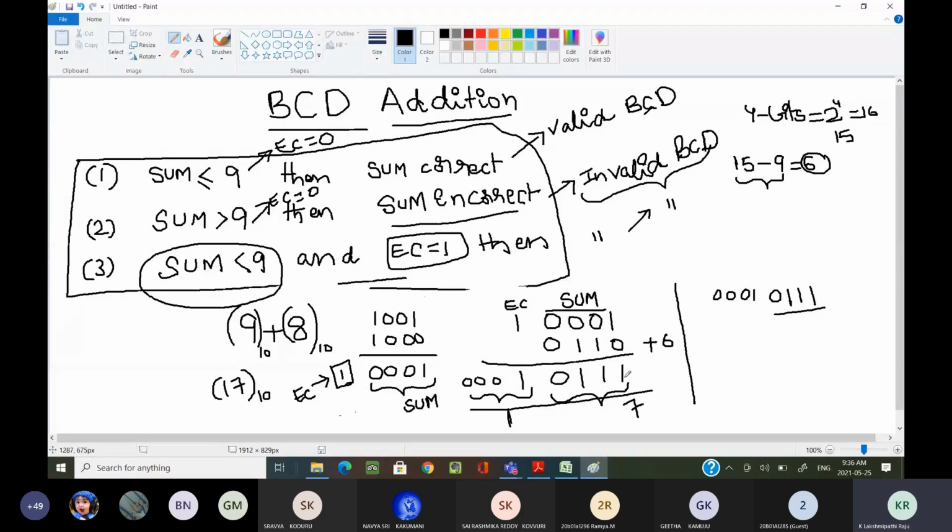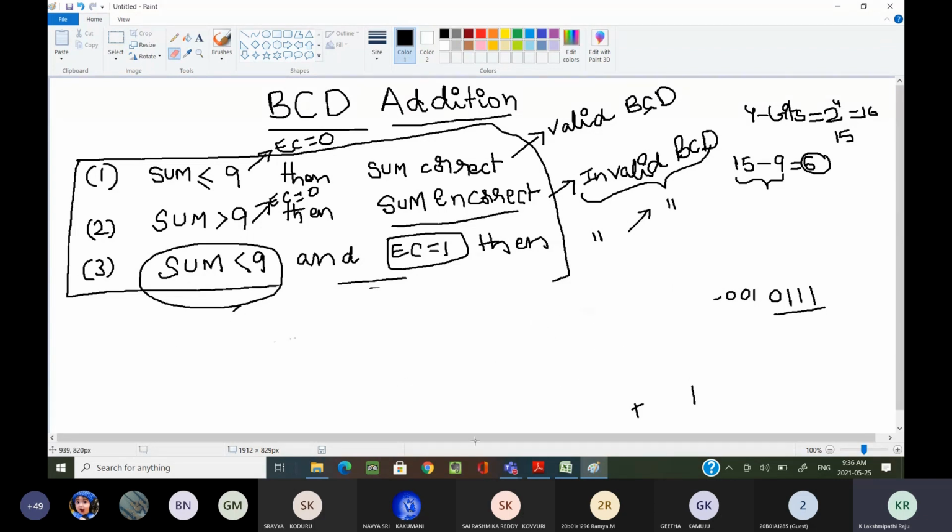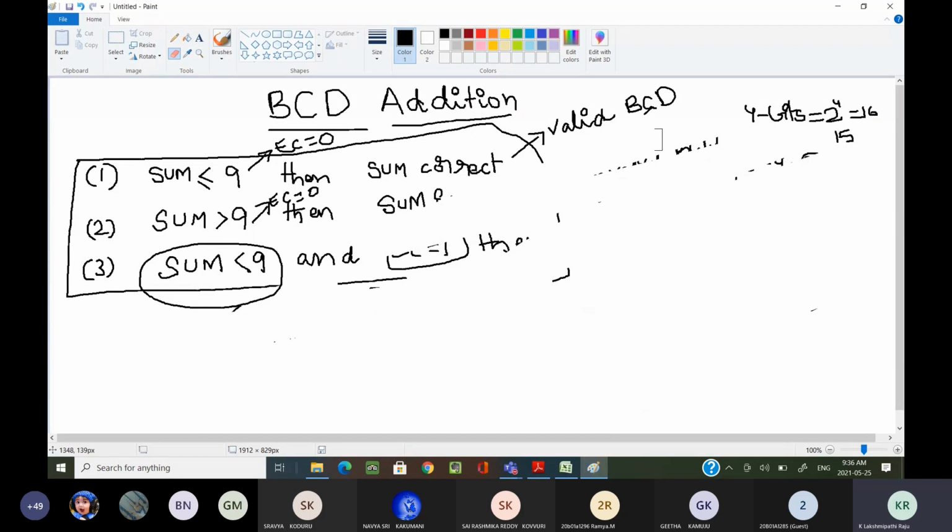Now the examples we have seen are only single digit numbers. Now I can do one more, one 2-digit sum as well as one 3-digit sum. Then we can move to BCD subtraction. I hope you are writing these points in your notebook. Now I can do one more example on a 2-digit sum: how we can perform the two-digit sum and how we perform the correction, whether we are getting a valid sum or not.